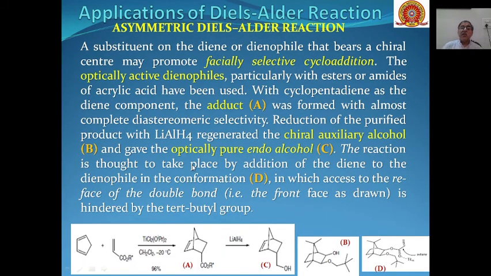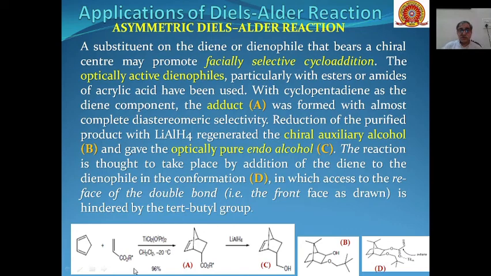Then the asymmetric Diels-Alder reaction. A substituent on the diene or dienophile that bears a chiral center may promote facially selective cycloaddition. And facially selective cycloaddition means the asymmetric Diels-Alder reaction. Optically active dienophiles, particularly esters or amides of acrylic acids, have been used for asymmetric Diels-Alder reactions. For example, with cyclopentadiene as the diene component, the adduct A was formed with almost